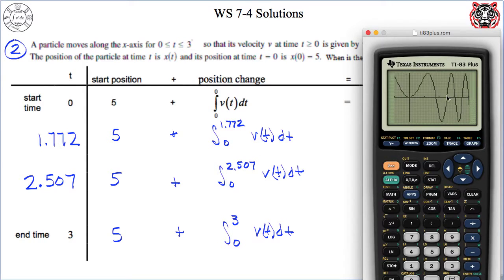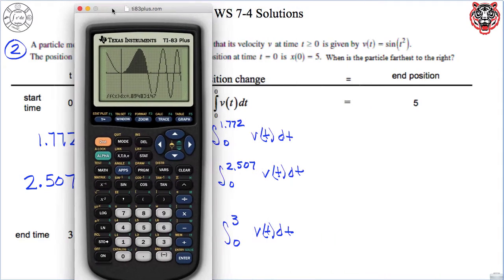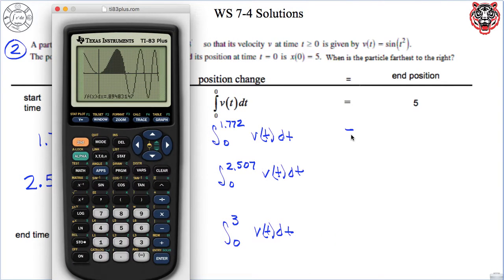You don't need to hit graph, but just to see what's going on, I need to somehow find the area between the curve up to this point. The way that I do that is I hit second trace, and I go to 7 to find the integral. The lower limit is going to be 0, and the upper limit is going to be 1.772. Remember, we stored that in A, so if I hit alpha A for the upper limit and hit enter, then it will be exact, and it'll go all the way to that point and tell us that's 0.894 or 0.895 if I'm rounding. We need to add that to 5, so if I'm adding that to 5, this is going to equal